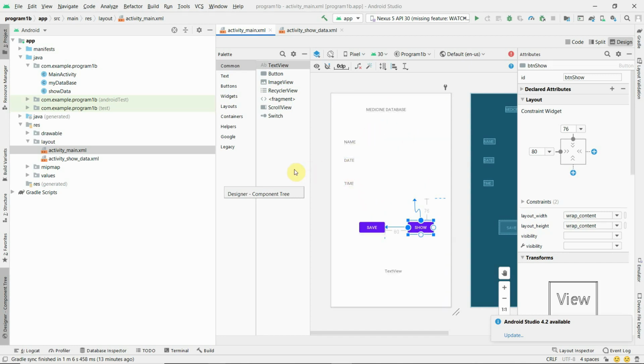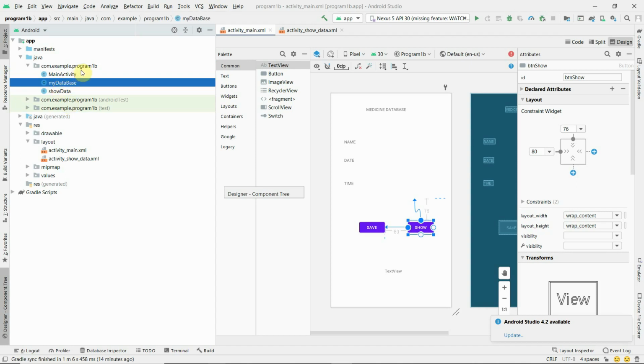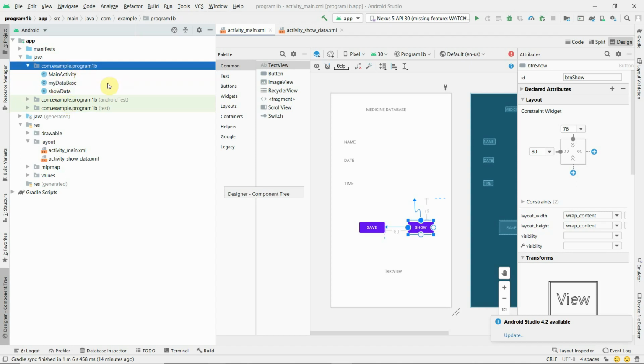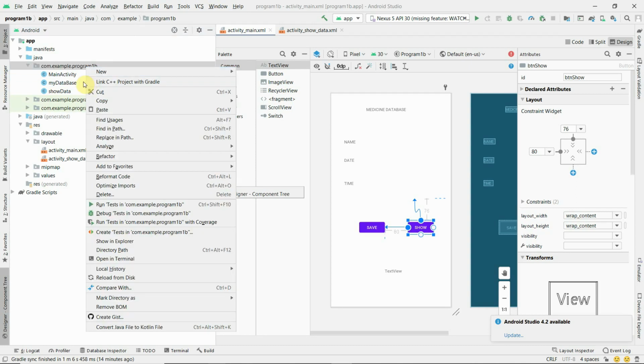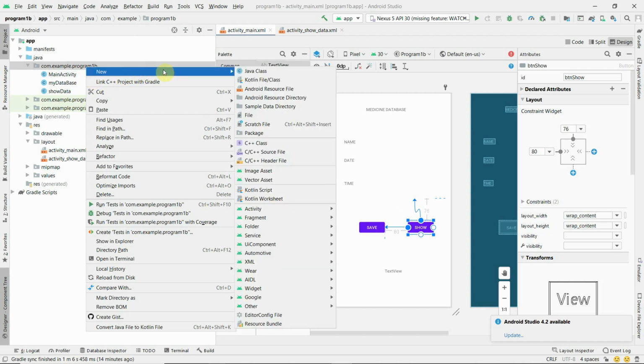Okay, to store the content to the database we need to create a class. We need to create a class by name my database. You can see here, to create a class, you have to right click and select new and select Java class.